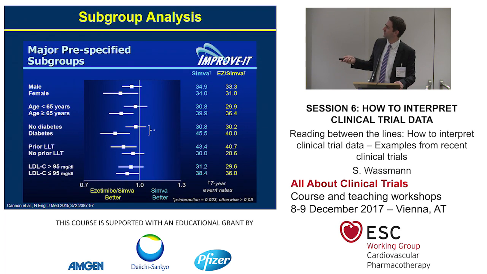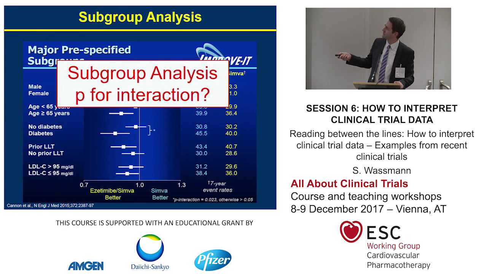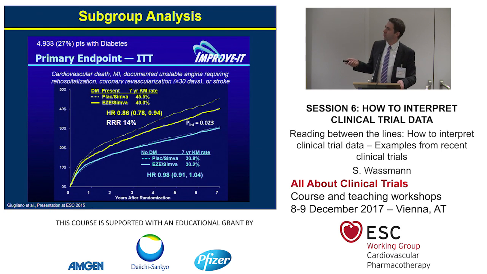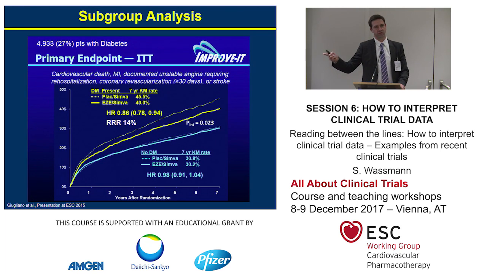A difference is here, and this is diabetes. Here we do have a significant interaction. So when you look at subgroups, don't only go for the point estimate, check out the p-level of interaction. Now what was done was a subgroup analysis in the diabetic versus non-diabetic cohort,